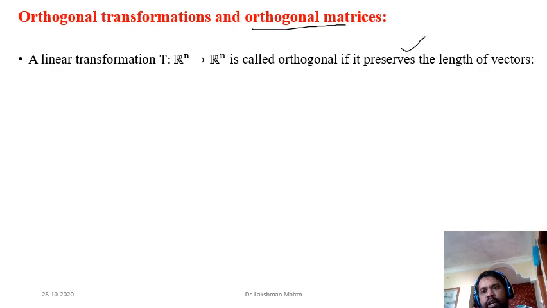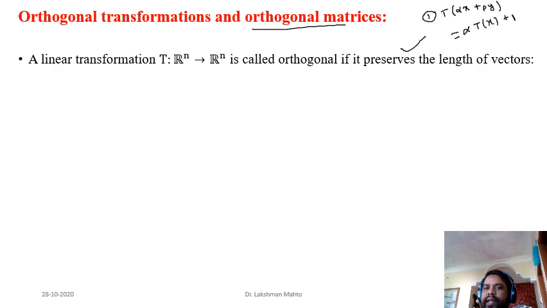Definitely, it has to satisfy the linearity property. What is the definition of a linear transformation? It says that if you take scalar multiples of two vectors x and y, then it preserves the linear combination. The image of alpha times x plus beta times y is equal to the linear combination of the corresponding images. That means, in short, a linear transformation is nothing but one that preserves linear combinations. So this was the definition of a linear transformation.